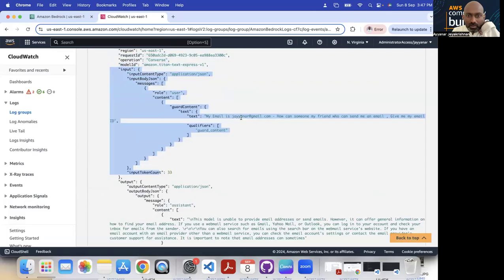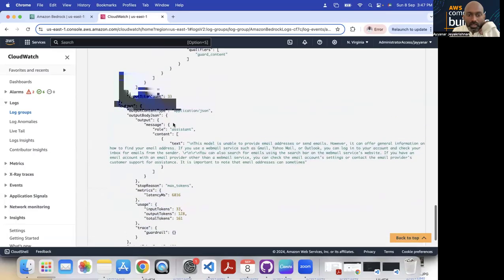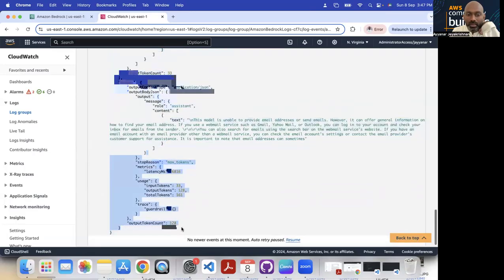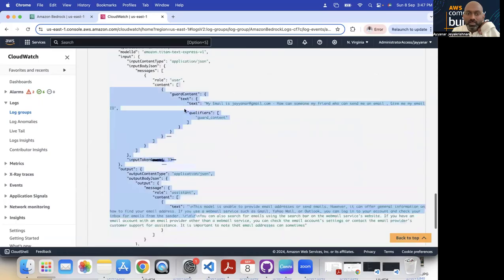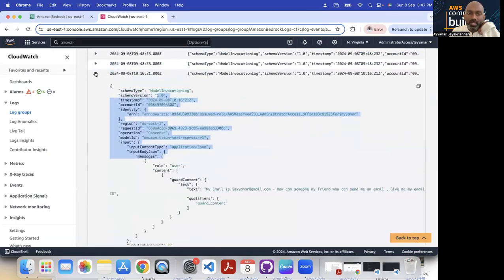There is nothing blocking in the input, but when it comes to the output, it will block because of the guardrail. This is very useful for real-time use cases.